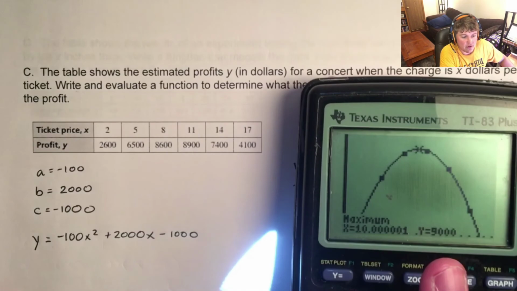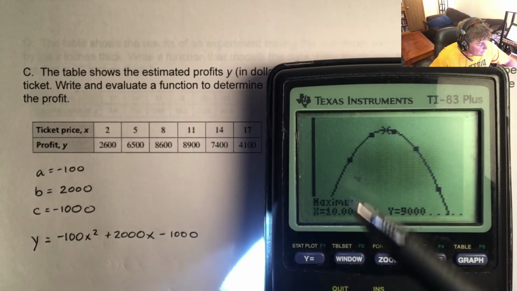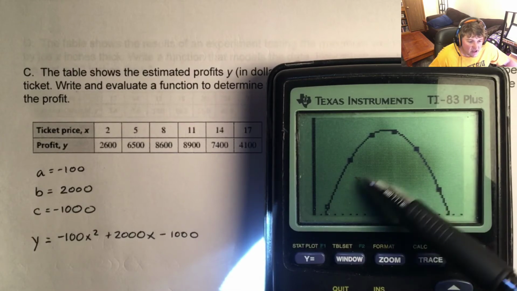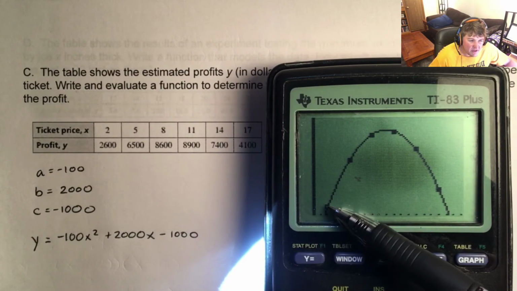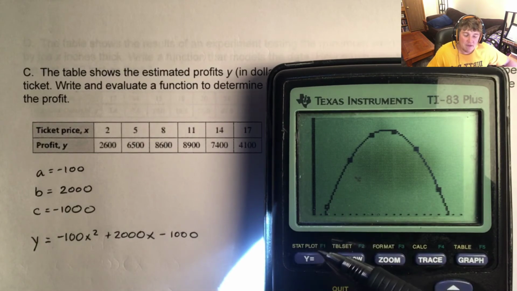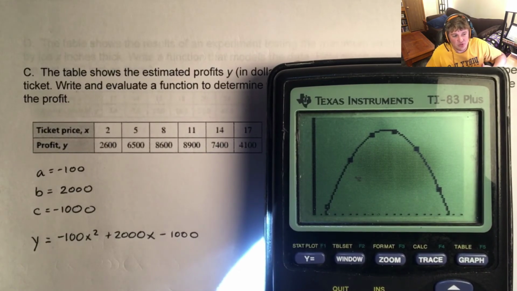Early on my curve, let's say like right here, why would my profits be less here when my X value is 2? Why would I not be making as much money? Well, hopefully you're thinking to yourself, you're not going to be making as much money because you're not charging very much money. You're only charging them $2 a piece, but